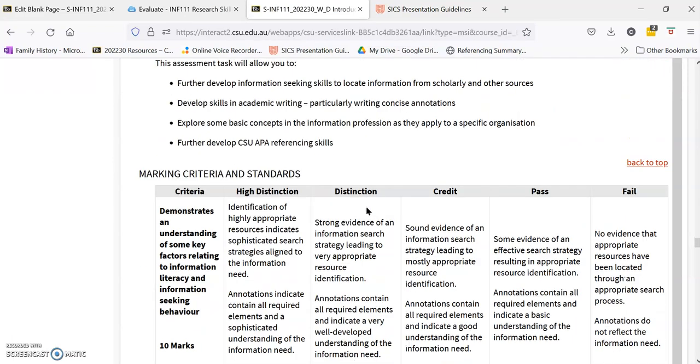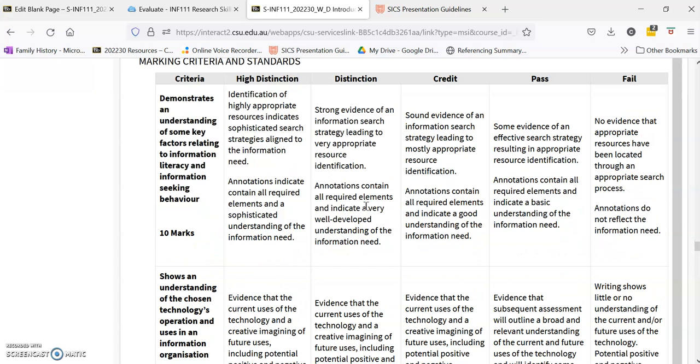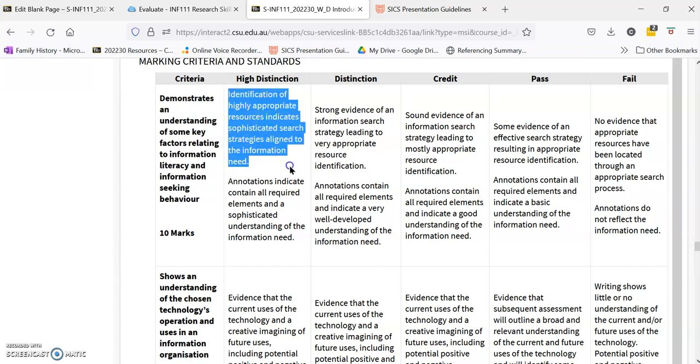All right, we're just going to have a quick look at the rubric and then I'll wrap this up. So when you have done your assessment, please go through the rubric because this is what we have in front of us while we're marking. So have a look at the criteria, have a look at the different levels and see where you think your paper lies. So let's just break this down a bit. So this first one, demonstrating an understanding of key factors relating to information literacy and information seeking, this is centered around your resources, around your annotation, your annotated bibliography. So if you look at that high distinction level there,